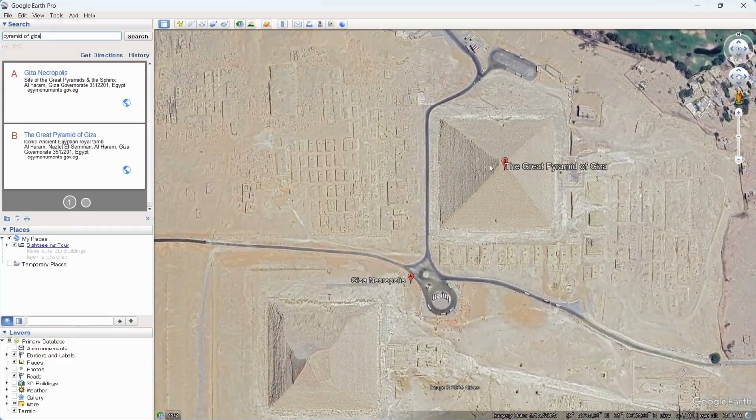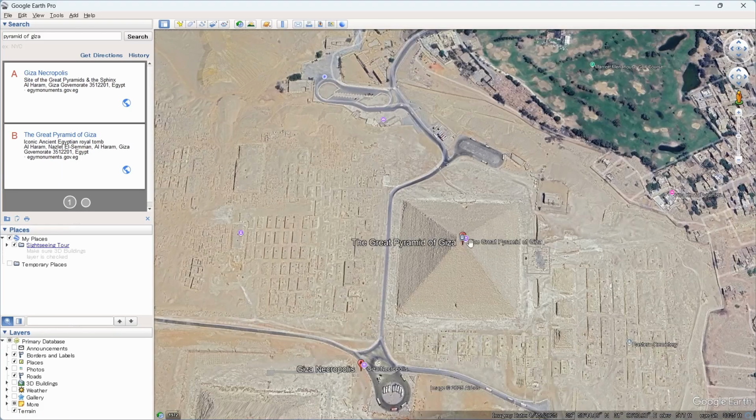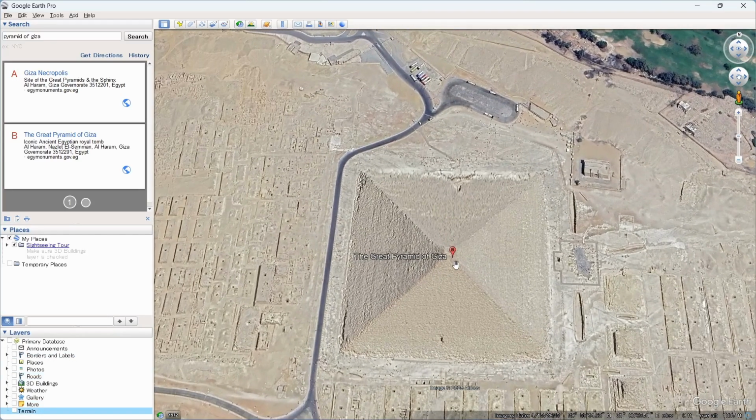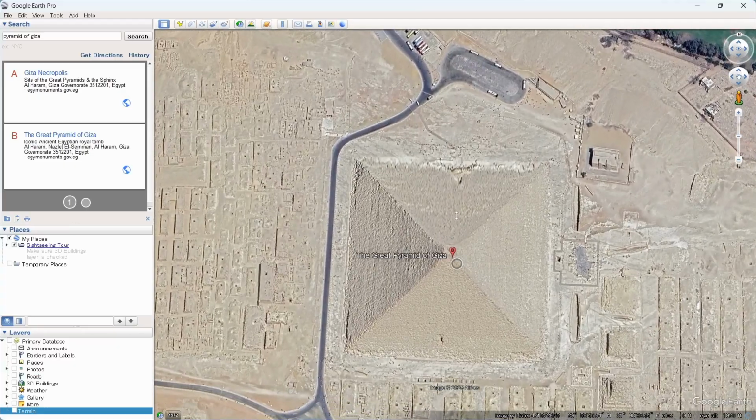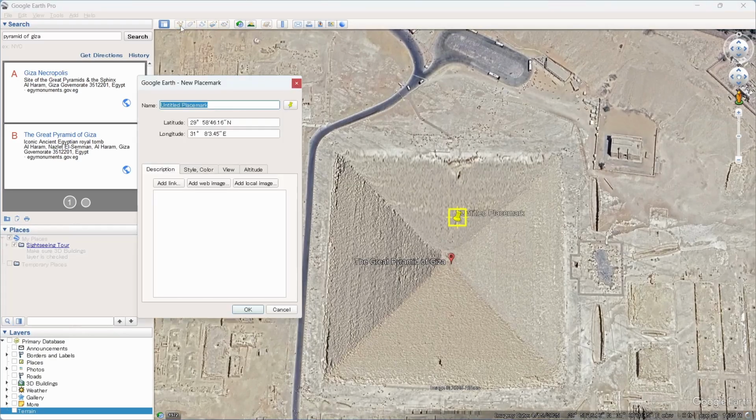This one is the one we would like to annotate. If you do not want to see these default labels, you can turn them off from here. Now to add a placemark, we need to click on this button, add placemark. Click on this, and this is the placemark. We can move it using our mouse. Let's move it on top of the pyramid